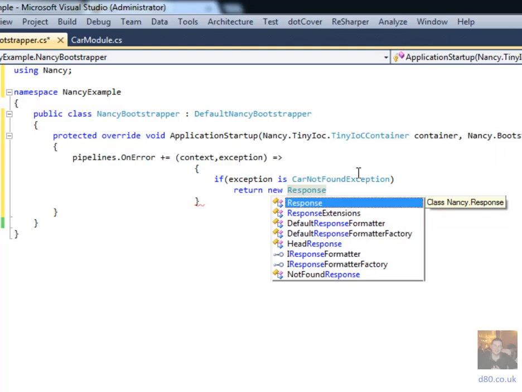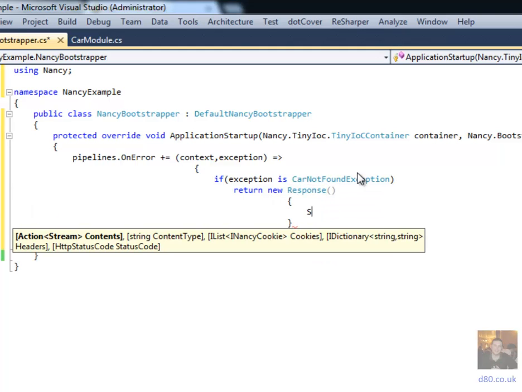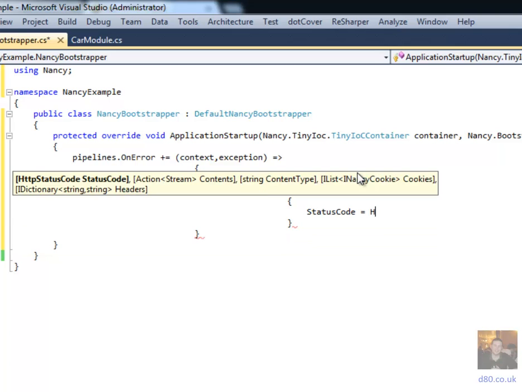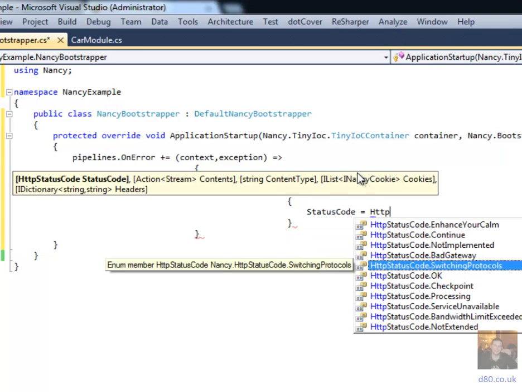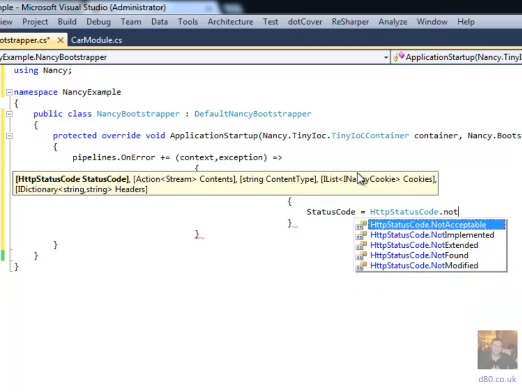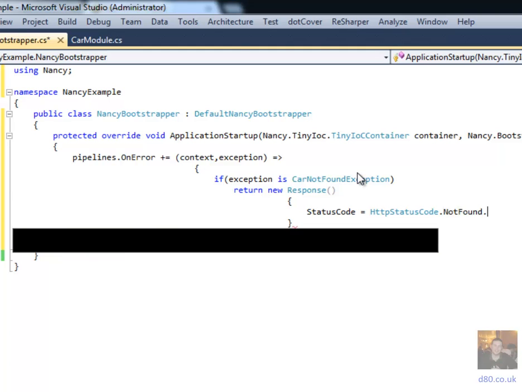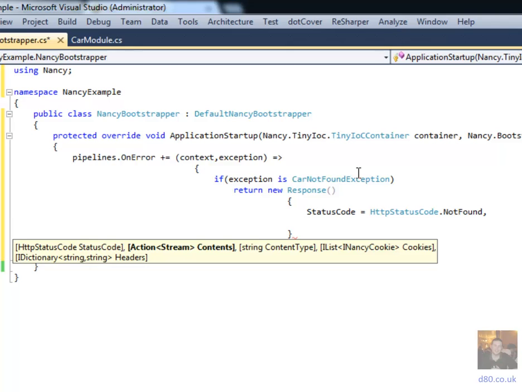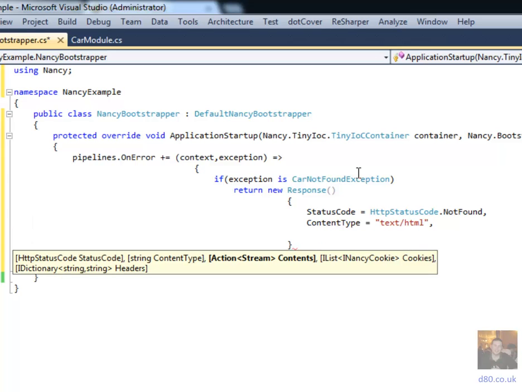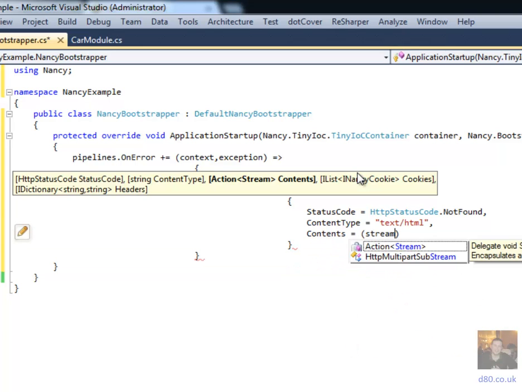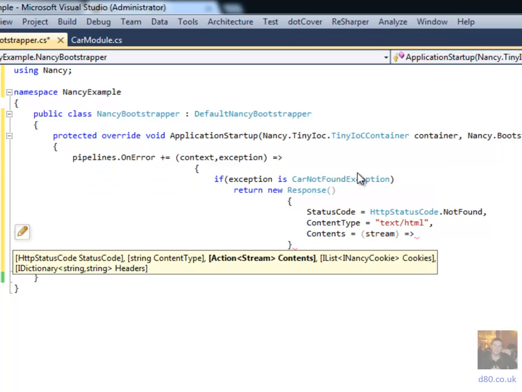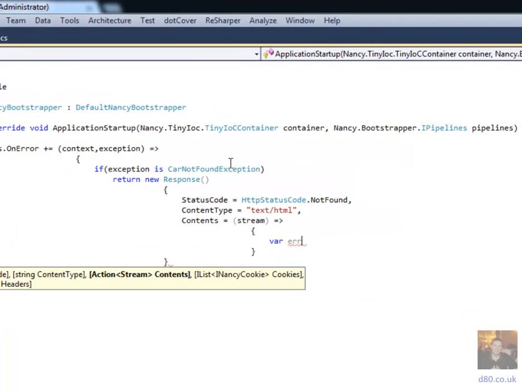So new response, status code. Well, I want it to be not found. Status code NotFound. So if the car's not found, the status code should be NotFound. The content type, that can be anything really. Text HTML will do. The contents, this is a stream. It's all very nice and performant. Let's say error message